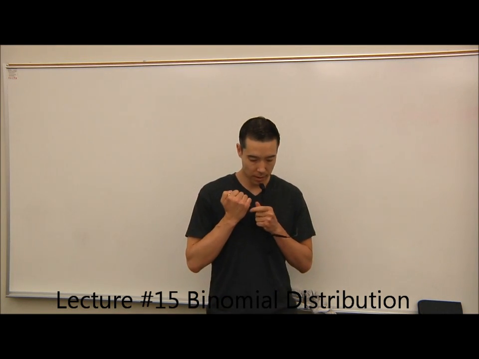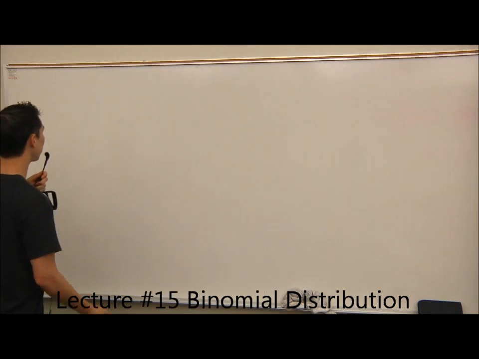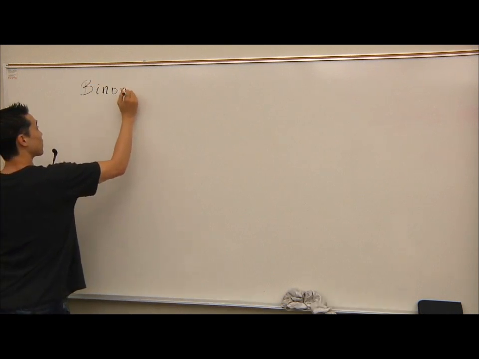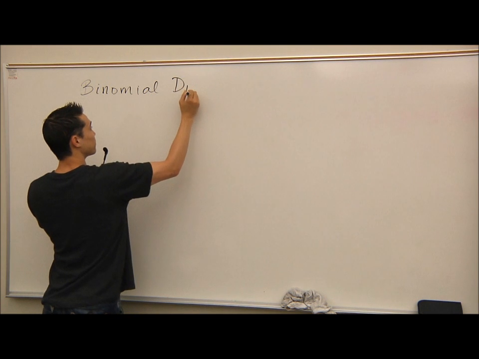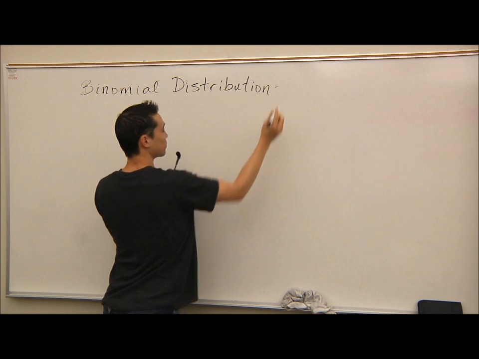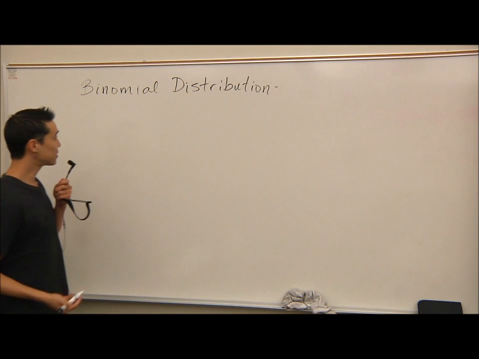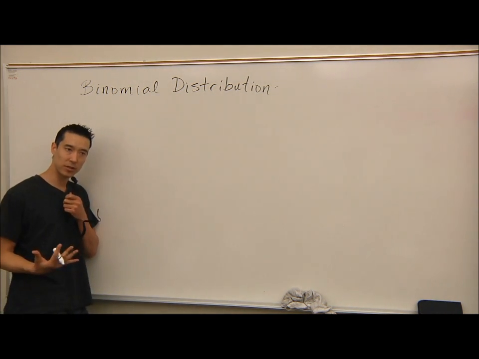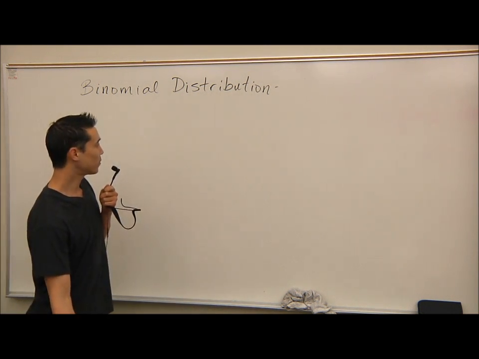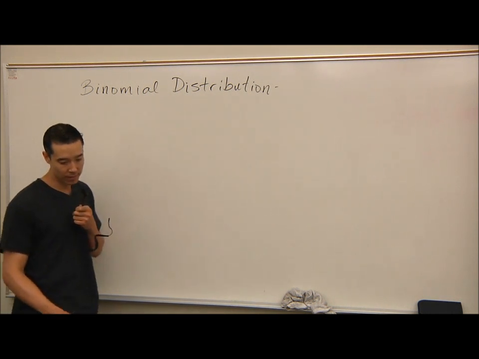Okay, so last time we finished up probability distributions, and today we want to do one of the more famous probability distributions, and that's called the binomial distribution. Okay? So for something to be considered a binomial distribution, we have some requirements. It's based on what we would call a binomial experiment. And for it to satisfy as a binomial experiment, we would have these 4 requirements.